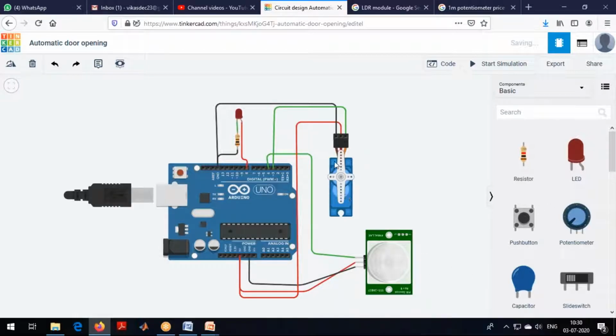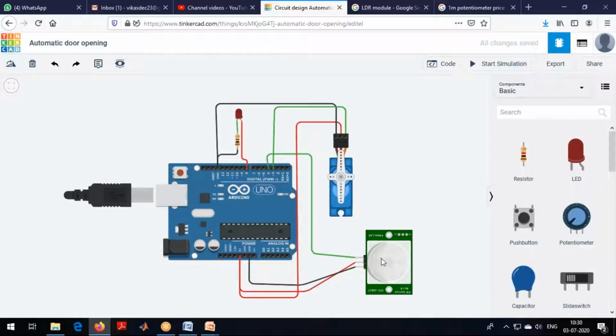If someone comes, I'm considering this as a door, because this is just a servo motor. If I connect a particular object to this one, it can rotate. For example, near toll gates, you might have observed whenever a particular car comes, after paying the bill, automatically that toll gate will open, and after that it will be closed. Okay, let us consider that particular application. The same application can be utilized for your door also.